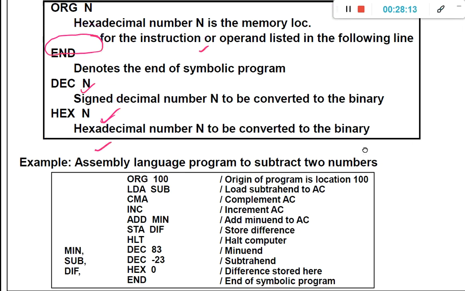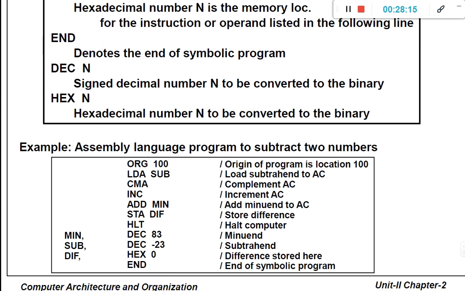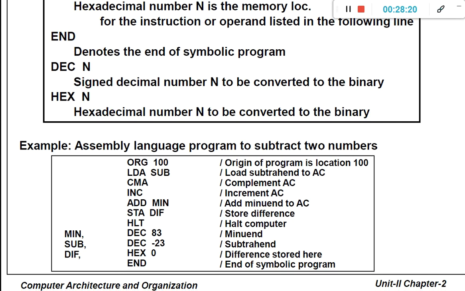Okay. So now with this knowledge, let us see one more assembly program for the subtraction of two numbers. ORG 100. In the previous program, what we wrote was ORG 0. ORG 0 means the origin of the program is located at location 0. Now ORG 100, what does it mean? The origin of the program is located at 100. So you can give any number here based on the location of the program. This is not related to the program logic. Remember that this is a pseudo instruction.